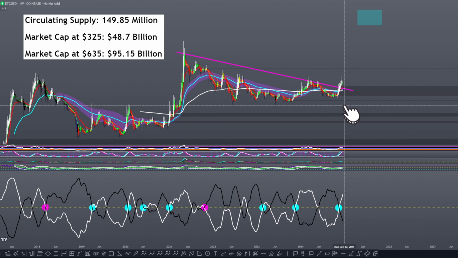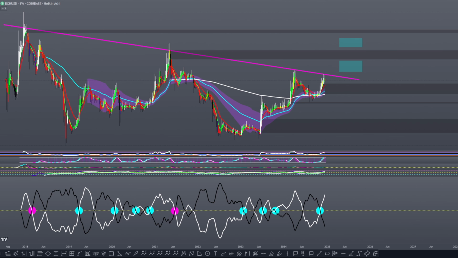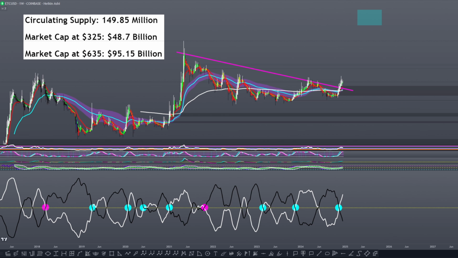This is better than Bitcoin Cash because, as you saw with Bitcoin Cash, it's been in a long-term downtrend since 2017, whereas Ethereum Cash here is making subsequent all-time highs. But this could be the bull cycle where we start to see Ethereum Cash not make a new all-time high. That's definitely possible, and it could totally not hit these price projections that I have right here.